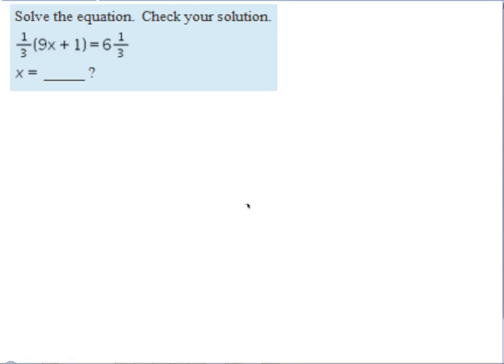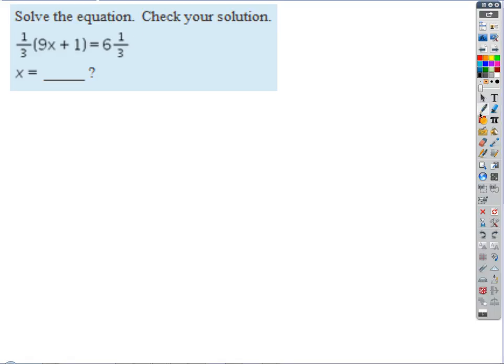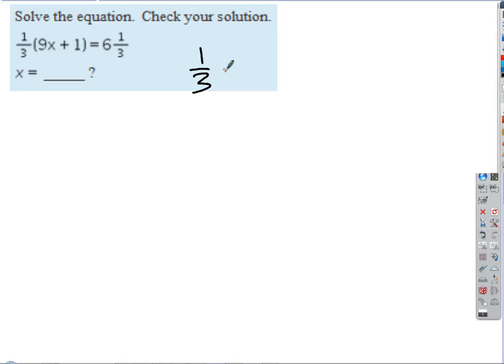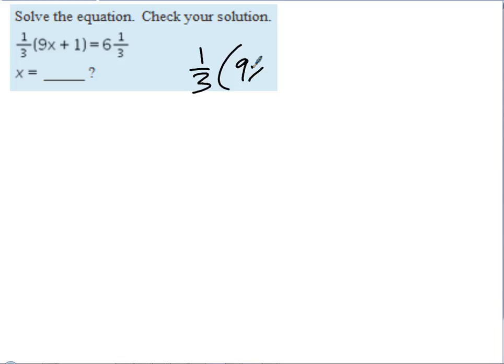Okay, good. Yeah, so 6 1/3, we have 6 times 3, we have 18 thirds plus another third, right? So 19 thirds. So we could rewrite that as 1/3 times the quantity 9x plus 1 equals 19 thirds. Now, we left off yesterday saying that with the order of operations tree,